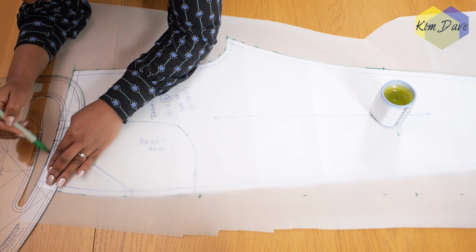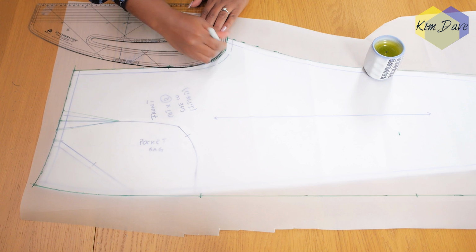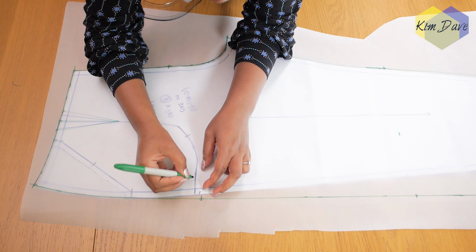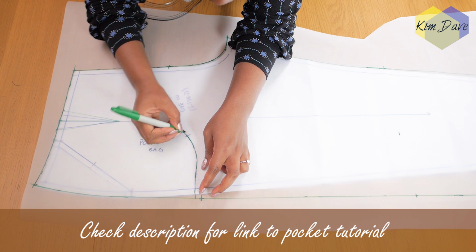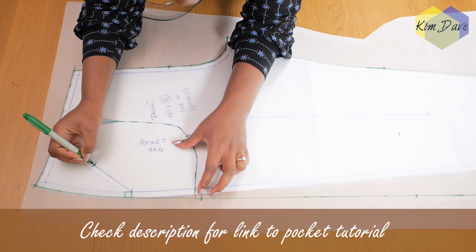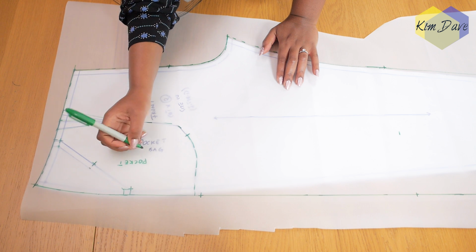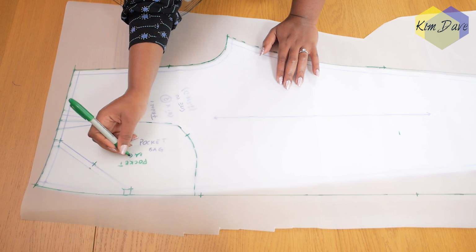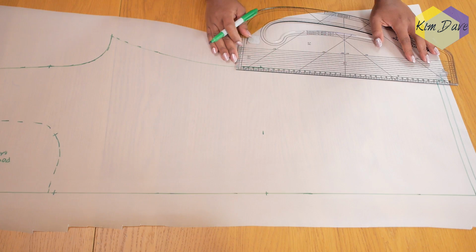And I'm just going in here to connect my dashed lines as well as draw a straight line on the outer leg which matches the back leg. So if you'd like to see how to make this pocket design, I already have a separate video for this, and I didn't just want to repeat the tutorial in this video. So I'm going to be linking that down below if you haven't seen it already,